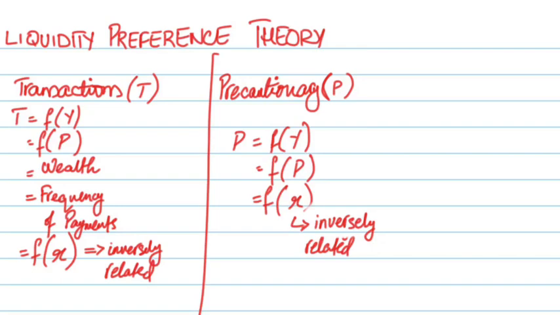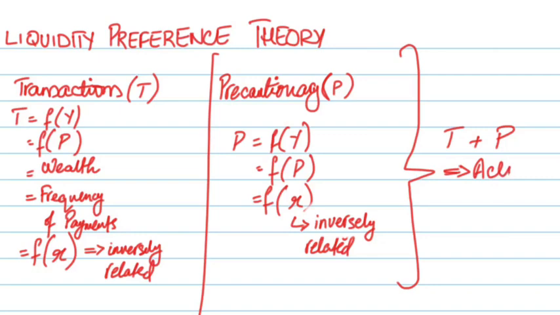Now, the transactions and precautionary demand for money is basically money used as a medium of exchange. So, we say that the demand for transactions and precautionary makes up what we call the active balance of the liquidity preference theory. We call it an active balance because this money is used as a medium of exchange. Now after this, we have the final component, which is called